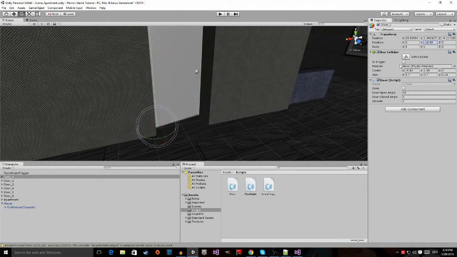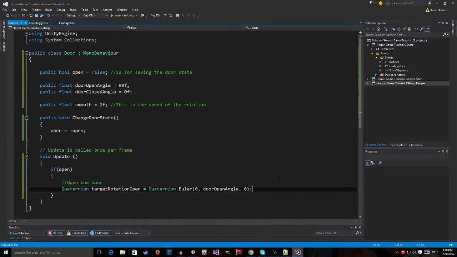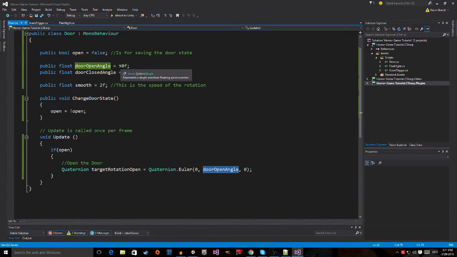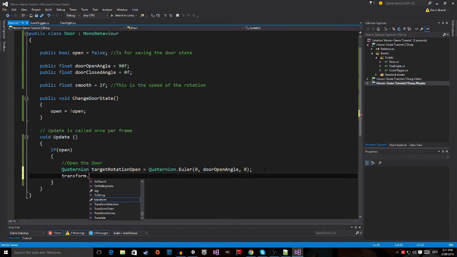But we want to change the rotation on the Y, because in this way we are going to open and close the door. So we leave the rotation here at the X at 0 and at the Z at 0. But the Y rotation is going to be the door open angle rotation, which is currently 90 degrees. Okay? And now we are going to rotate the door. So transform.localRotation, and the local rotation is going to be